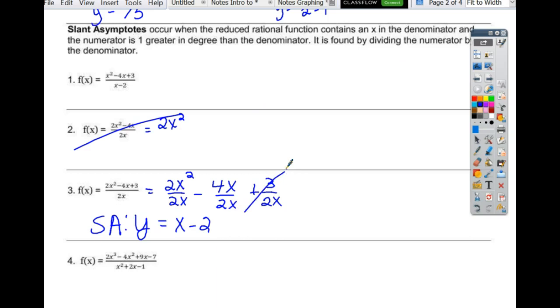So the slant asymptote is y equals mx plus b form. So if you start with one term, you just divide each of them by that one term. Okay? So if it's like the top one,